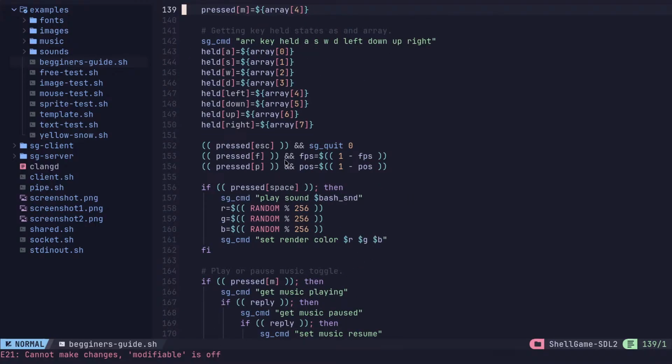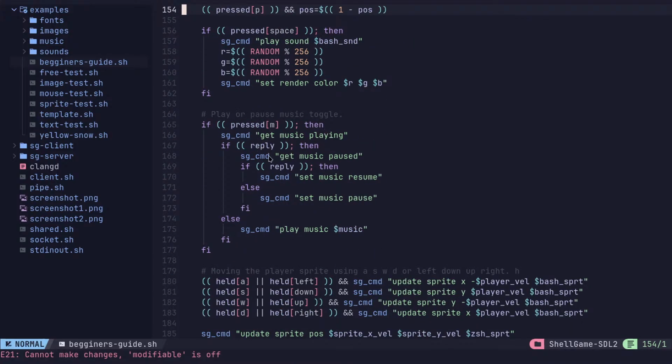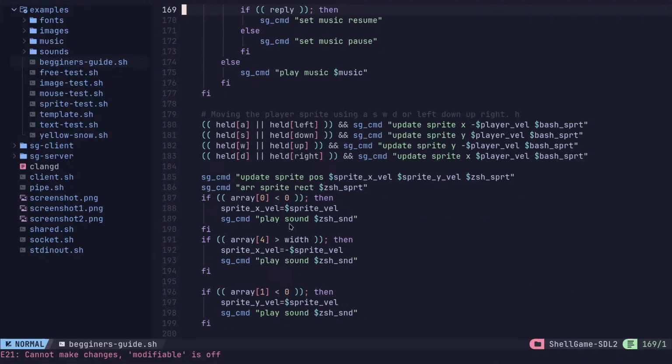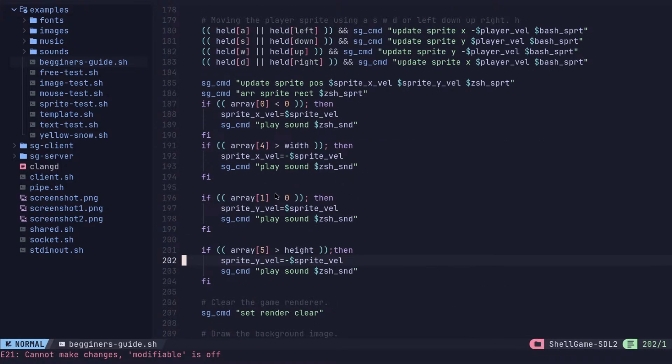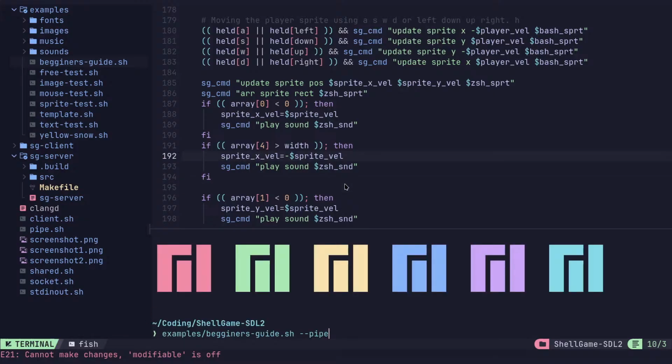I'm going to hold these in arrays, and later on I can say, well, if escape was pressed, we're going to exit. If F was pressed, we're toggling this FPS value in Bash. These are kind of like short if statements. And all this other stuff. If the music is playing, pause the music, and so on and so forth. If the directions are held, if A is held, or if left is held, this is all shell script. But it's running a C server that you saw me compile initially, which is in here. And I'm talking to the server through a pipe with the Unix named pipe, but you can use other methods too. So if you were trying to play the Yellow Snow game,